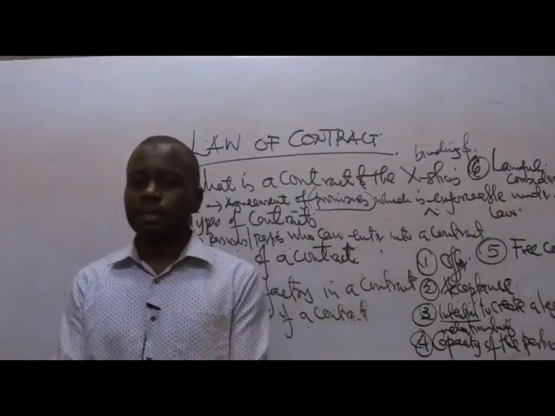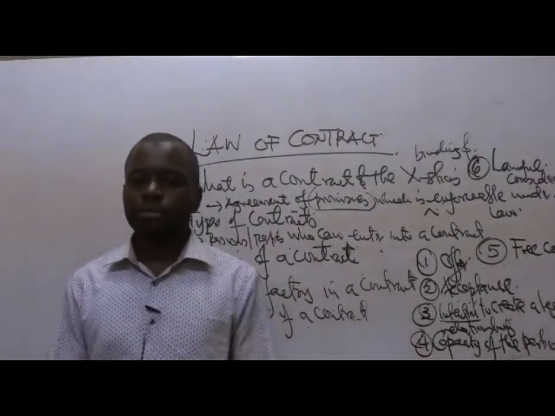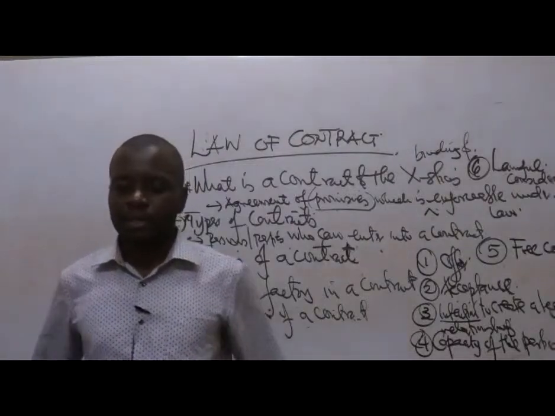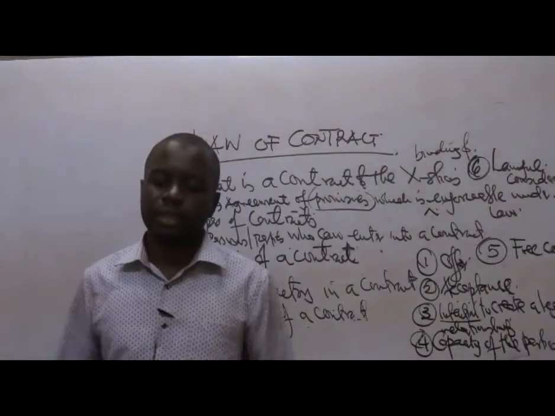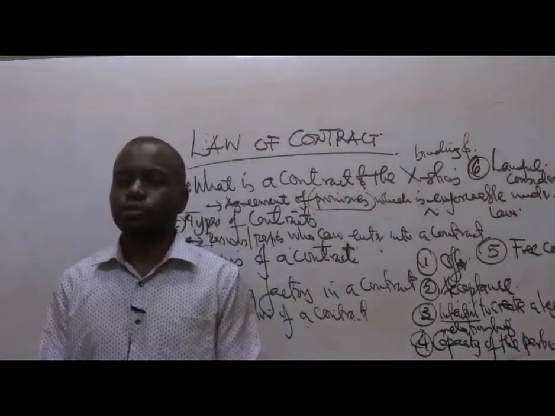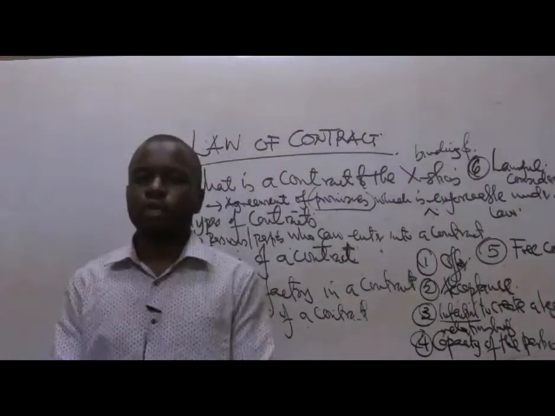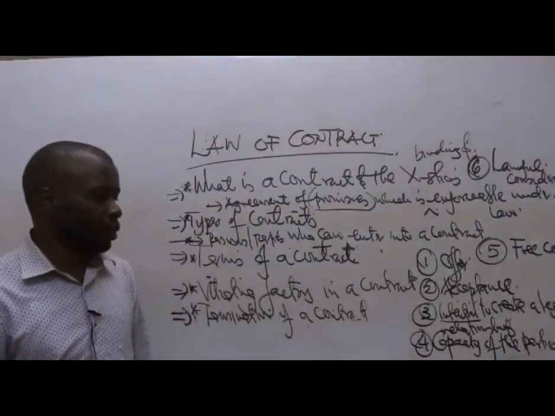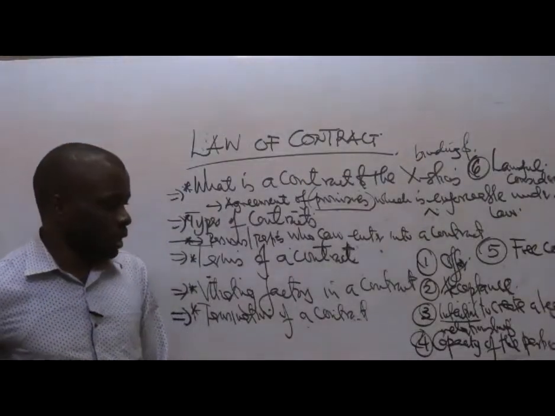Does this other party have the capacity to enter into a contract? Is he a person of unsound mind? Is he a person who has not attained the age of 18 years, or has he attained the age of 18 years? This has to be looked at. It is an essential element that should be present when any agreement that can be concluded as being a contract is entered into. So that's what we mean by capacity, or capability, of being able to contract.